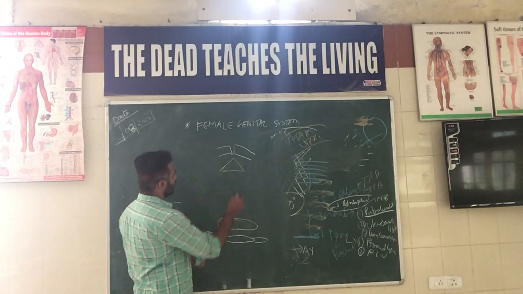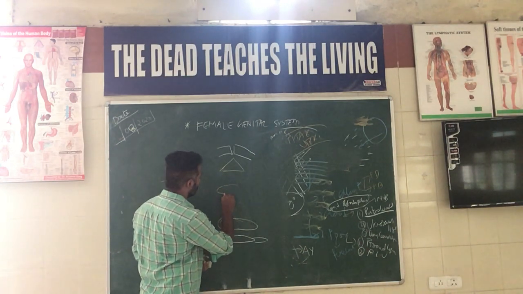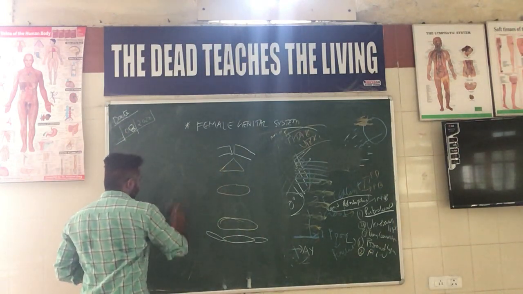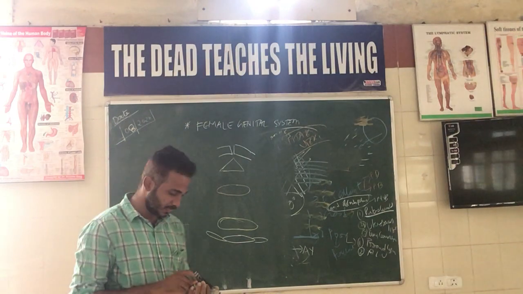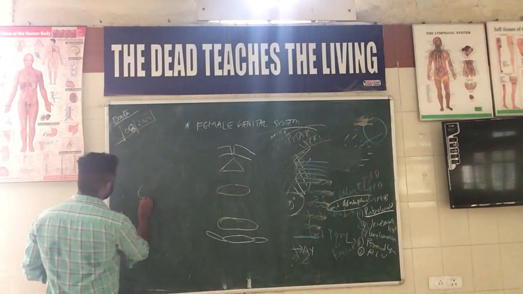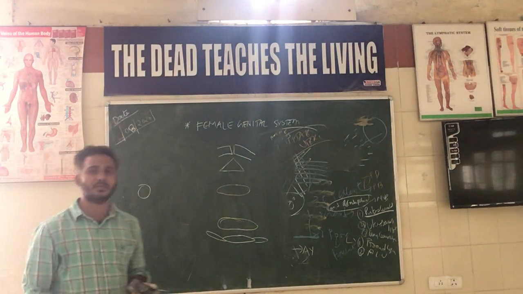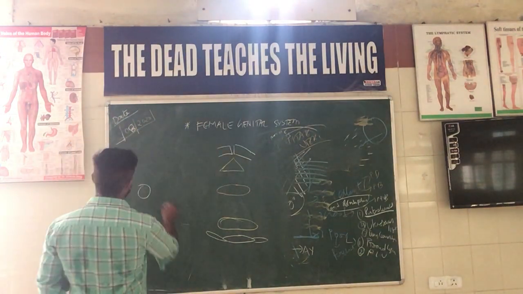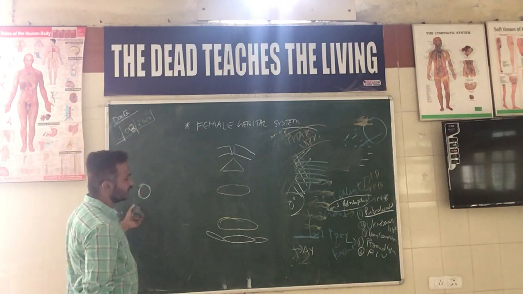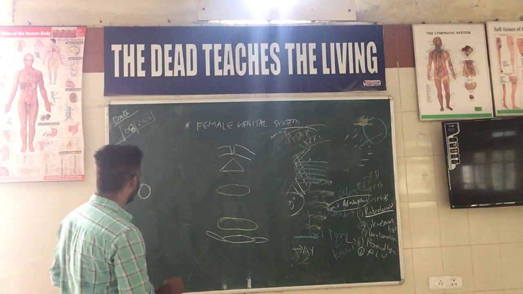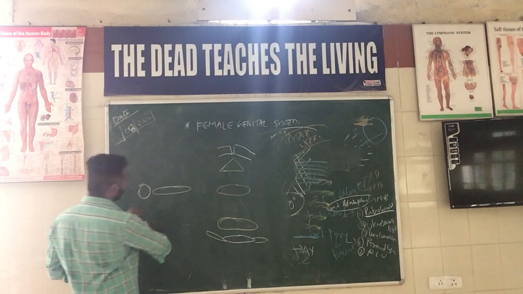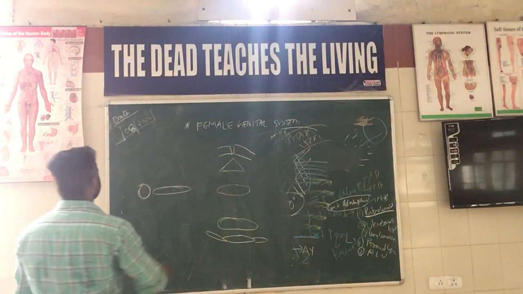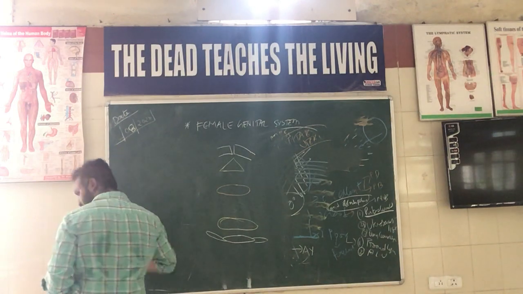And in the middle, we have the uterus. Here I would like to say something. In the uterus, we have the cervix, which is usually circular in shape. In a nulliparous woman, who hasn't conceived yet, the cervix will be circular in shape, whereas in a multiparous woman, the cervix will be like a horizontal slit.